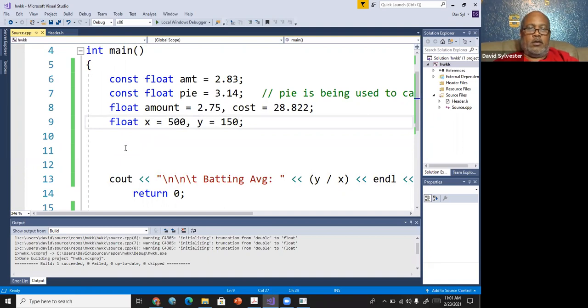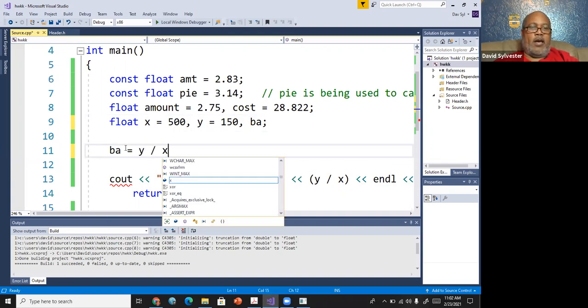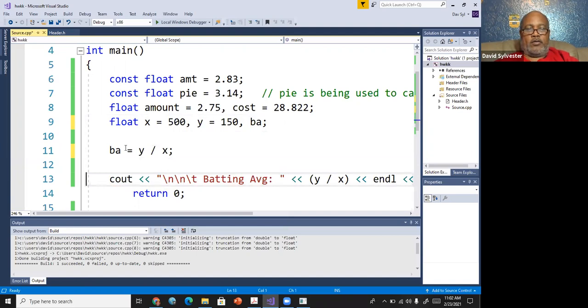I'll just say BA, which would be batting average, is equal to Y divided by X. Now you have BA, and you could print BA or use BA anywhere in the program.